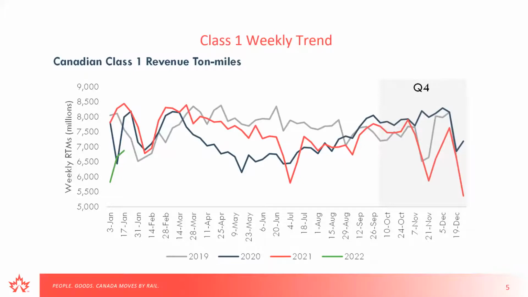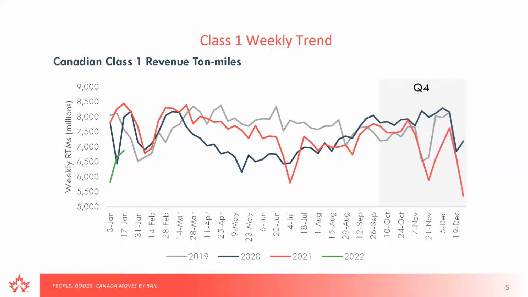All right, so we look at both Class 1 railways, because there's a lot of good data put out by CN and CP. And what we do is we combine that data to provide just a single Class 1 figure. So if you want to explore the individual companies, you can always do that in their reports and on their websites. And we do an analysis where we combine them.